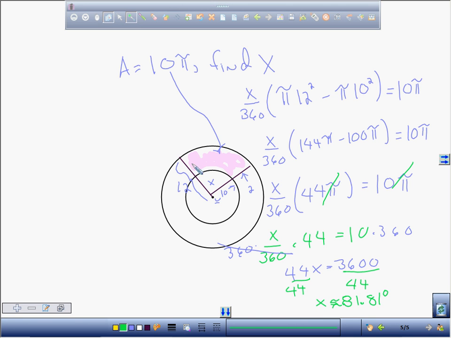But I only have part of that. What part of that do I have? I have X over 360, because the whole thing would be 360 over 360. You see? So I have X over 360 of the area of a sector,